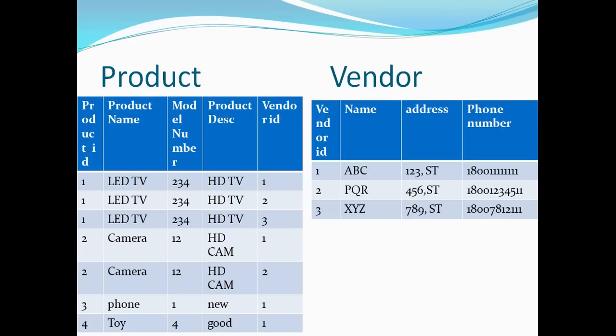Let's see about product. Again, with product I had multiple information being repeated. Now that's not the case. I'm just repeating the vendor ID, and in case I require the detail of vendor ABC, obviously I'll have to join the vendor table now with the product vendor table and then the transaction table, which means added complexity. But at the same time, the data storage problem has been resolved.